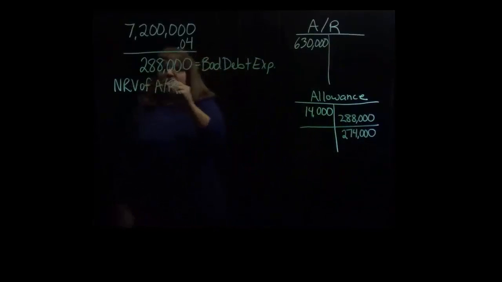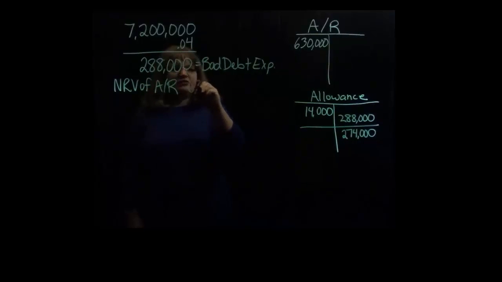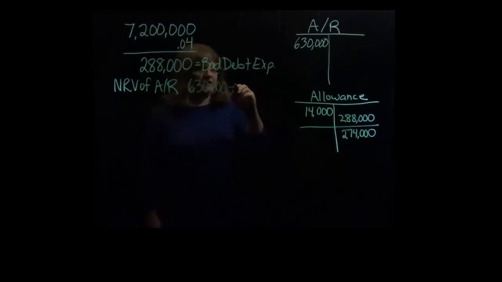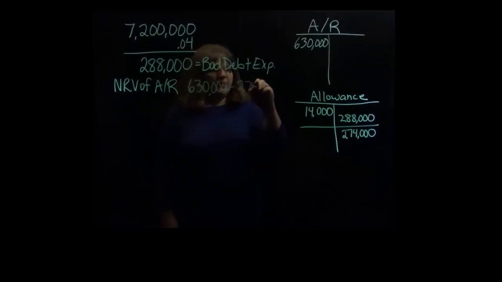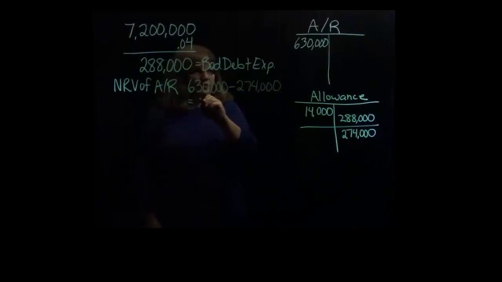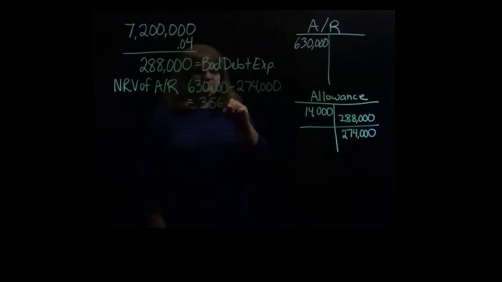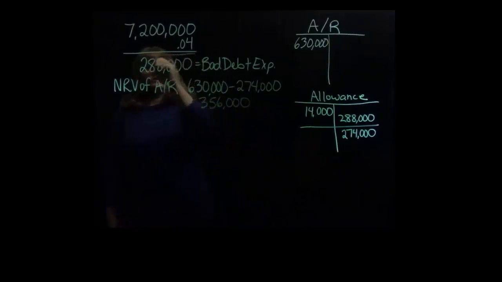Our net value of accounts receivable then is the $630,000 in accounts receivable minus that allowance of $274,000. And so under this method, it would be $356,000. So those would be our two answers if we use the percent